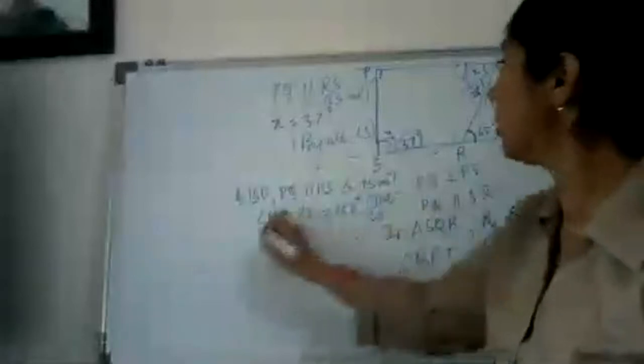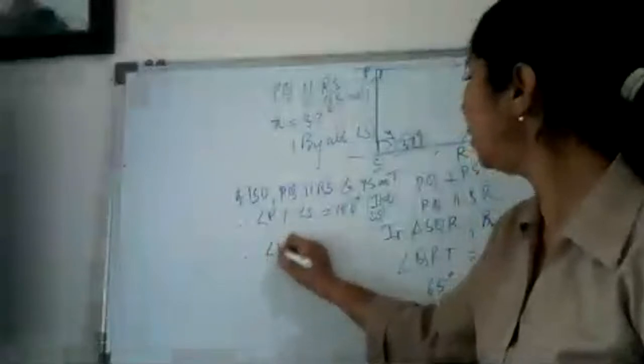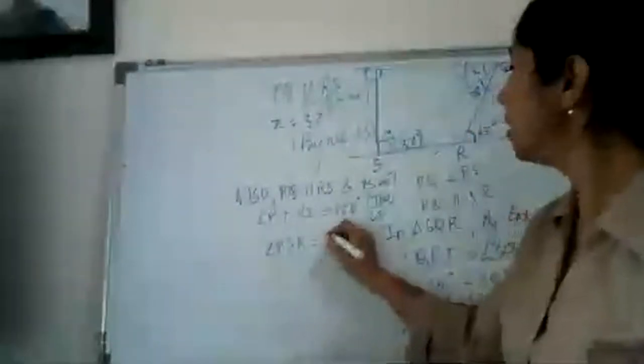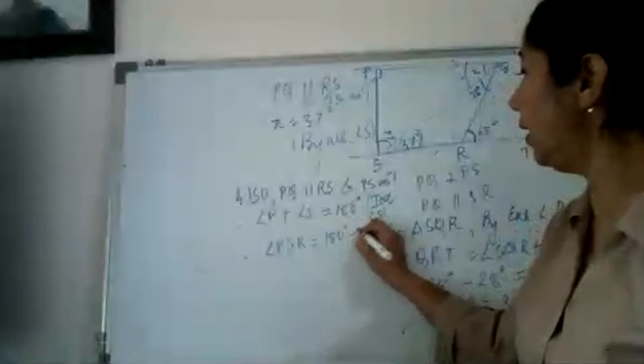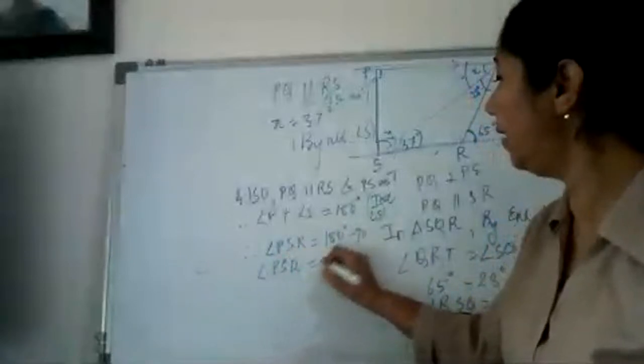आदित्य, there is some mistake, please check. इंटीरियर एंगल्स कॉन्सेप्ट। तो एंगल P plus एंगल S, यानी कि मैं थ्री लेटर मीनिंग करता हूँ, एंगल PSR इज इक्वल टू 180 माइनस 90 इज इक्वल टू 90 डिग्री। यानी कि हमारा PSR हमें मिला 90 डिग्री।